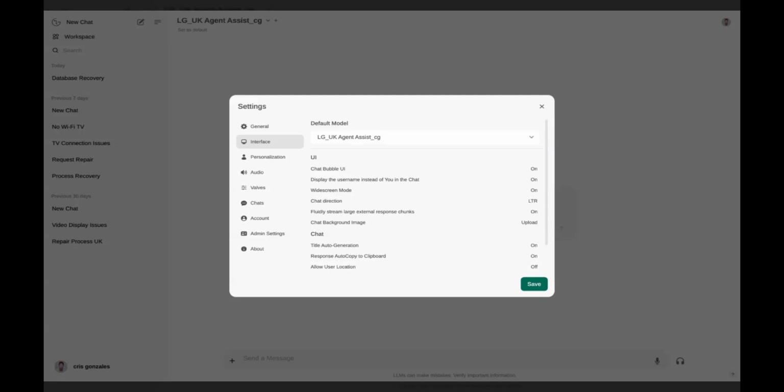Let's say for this one, I think the default model that I have available is Llama 3. For user interface, if you want the chat bubble on or off, if you want the widescreen on or off. Widescreen is basically just having the window here closed out. Left to right is your chat direction. How fluid you want the responses to appear.